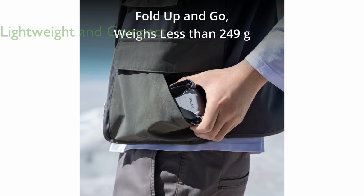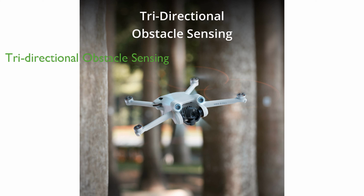Weighing less than 249 grams, the DJI Mini 3 Pro's compact and foldable design makes it perfect for any adventure and eliminates the need for registration in most regions. The DJI Mini 3 Pro is equipped with tri-directional obstacle sensing and APAS 4.0, offering unparalleled safety for a mini